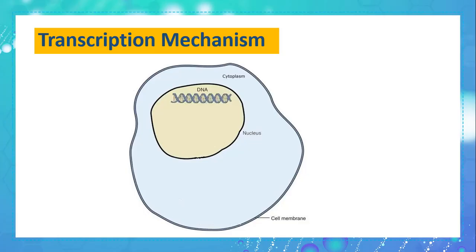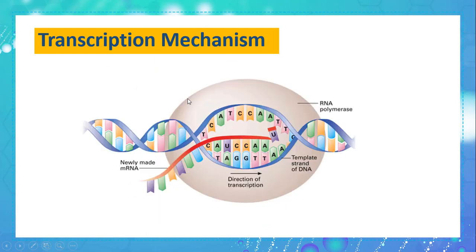As we saw in the video, transcription includes the separation of the two DNA strands by an enzyme called RNA polymerase, which then assembles complementary nucleotides to one of the two strands, forming mRNA. Finally, mRNA leaves the nucleus and goes to the cytoplasm. As we mentioned before, RNA polymerase is the enzyme responsible for unwinding the two strands, which occurs by breaking down the bonds between them. And as we can see here, it is assembling complementary nucleotides to those found on one